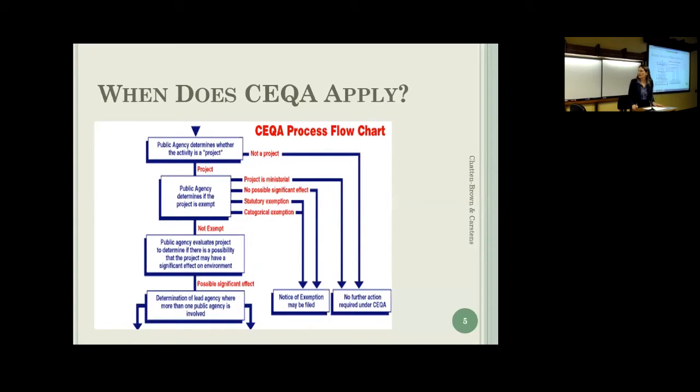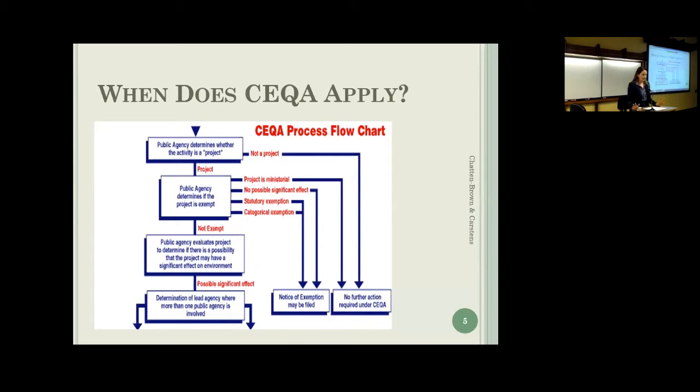So this is a CEQA process flow chart that OPR put together, and this is a portion of it. I found it's helpful in determining how and when CEQA applies to use the flow chart. The first question in looking at this is, is there a project that CEQA would apply to?